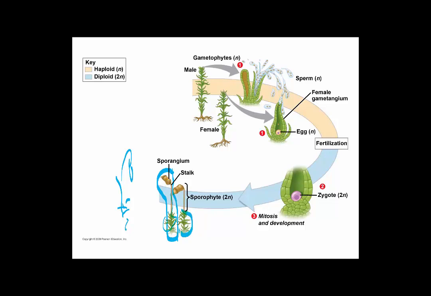Even though they're physically connected, this part here that I'm drawing a circle around now is the gametophyte, and this part that's with a stalk and a little box at the top is a separate plant. Well, it's not physically separate. That's the peculiarity of bryophytes, is that the sporophyte is permanently attached to its mother, basically. The sporophyte is parasitic of some nutrients and some physical support it gets from the